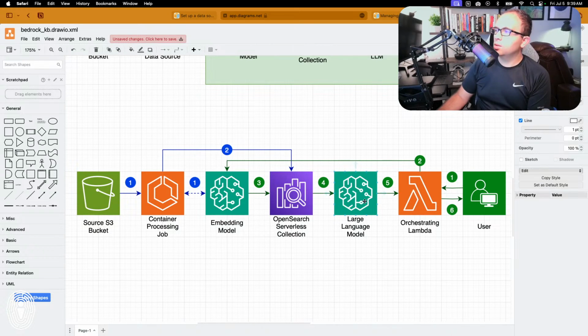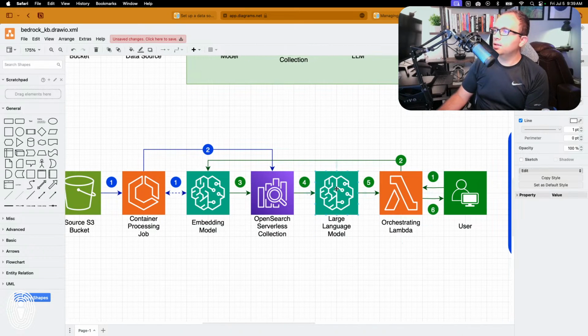Sorry, I got distracted by a comment in the chat. There's a comment in the chat asking what is RAG. I don't know if that's a troll or not, but if it's not a troll, I would suggest going back and reviewing one of the previous streams on how I introduced retrieval augmented generation, because this stream is probably really confusing if you don't know what RAG is. But anyway,